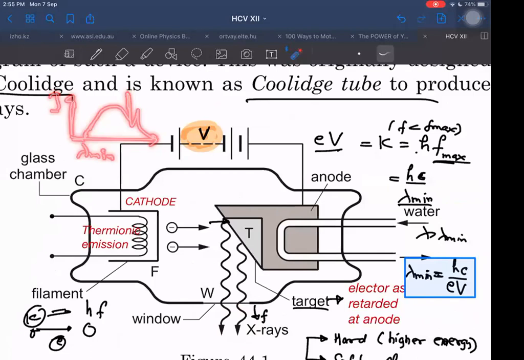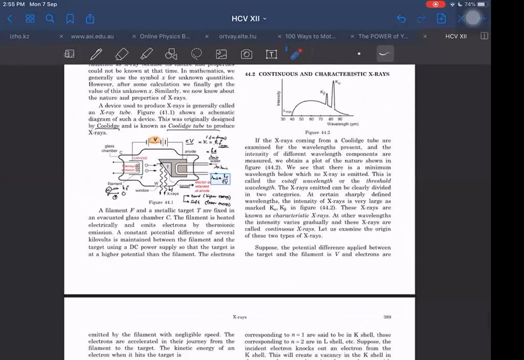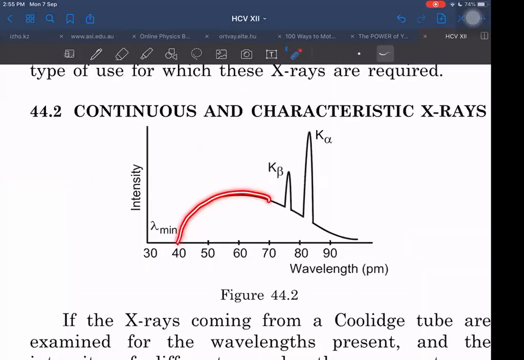Now I have to show the graph somewhere. This is the graph here. See, this is how we obtain intensity. Intensity increases. This is lambda minimum, below which there was zero intensity obtained, and it increases. This is the graph normally, the expected graph that it will increase and then decrease, because it is very less probable that some electron loses all its energy by head-on collision. Therefore, there are very few photons having this wavelength, so there is less intensity corresponding to lambda minimum. So it has nearly zero intensity.